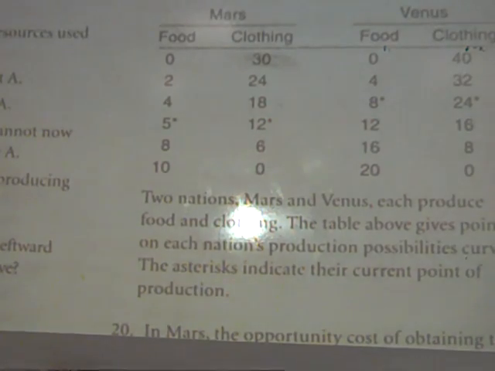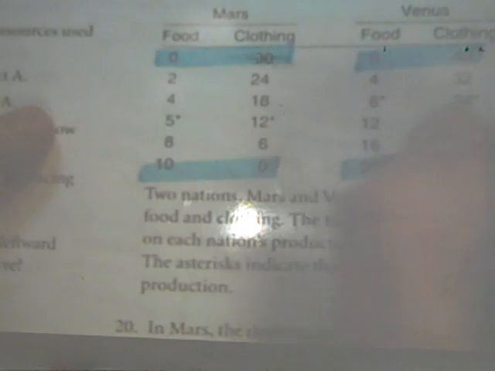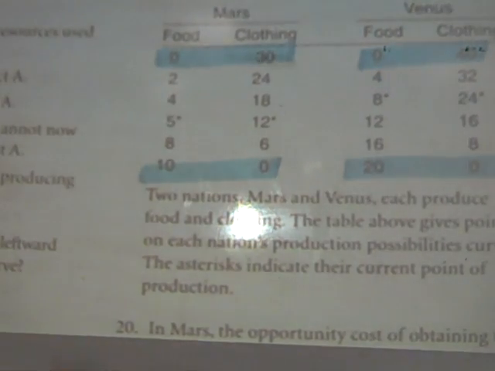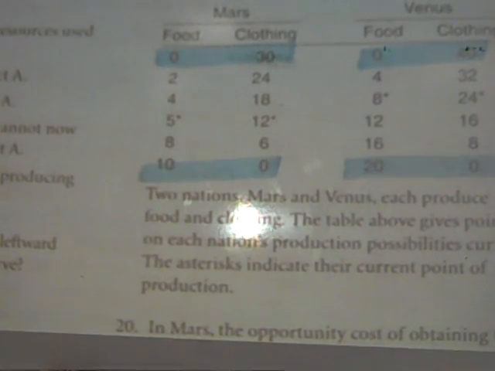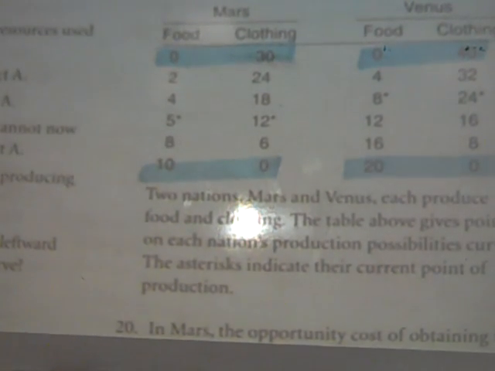I'm going to show you a magic trick, though. I'm only considering these points. Comparative advantage is all about specializing in your comparative advantage good, your low opportunity cost good, and then trading. And it's impossible to have a comparative advantage in both. No matter how good you are, you can never have a comparative advantage in both. You can have an absolute advantage, but that's just a question of who's better. You can be better at both. It's impossible to have a comparative advantage in both.